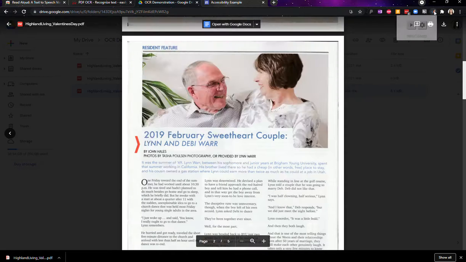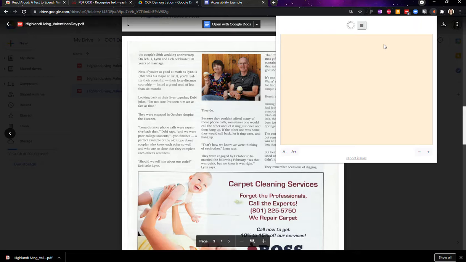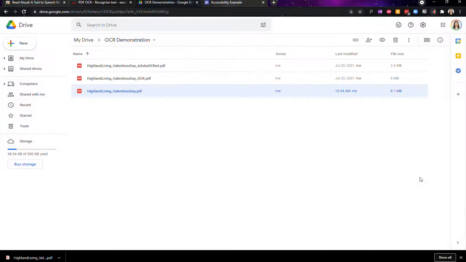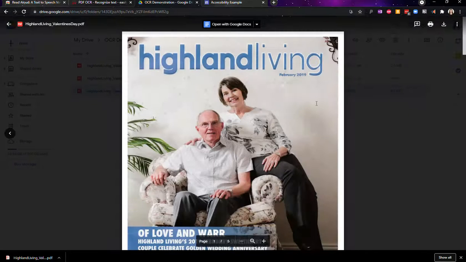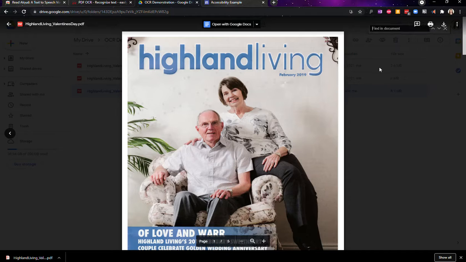And this is my screen reader. If I try to use it, it's searching for text. It can't find any text to read. And if I wanted to do something like find a certain word, I can press Control F. Whoops, I'm sorry, I keep closing that. Control F, and I can try to find a word, and it can't find anything because there's no words,